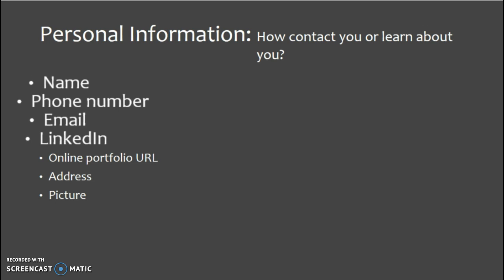You just want to tell the reader who you are and how to contact you if they want to learn more about you. One thing on this list that should never be included is the picture. Why? Because it is against federal law to discriminate against anybody or not hire or interview anybody based on their race, their gender, ethnicity, age, anything like that. So a picture should never be included. In fact, most people, if they see a picture on a resume, just immediately ignore it.